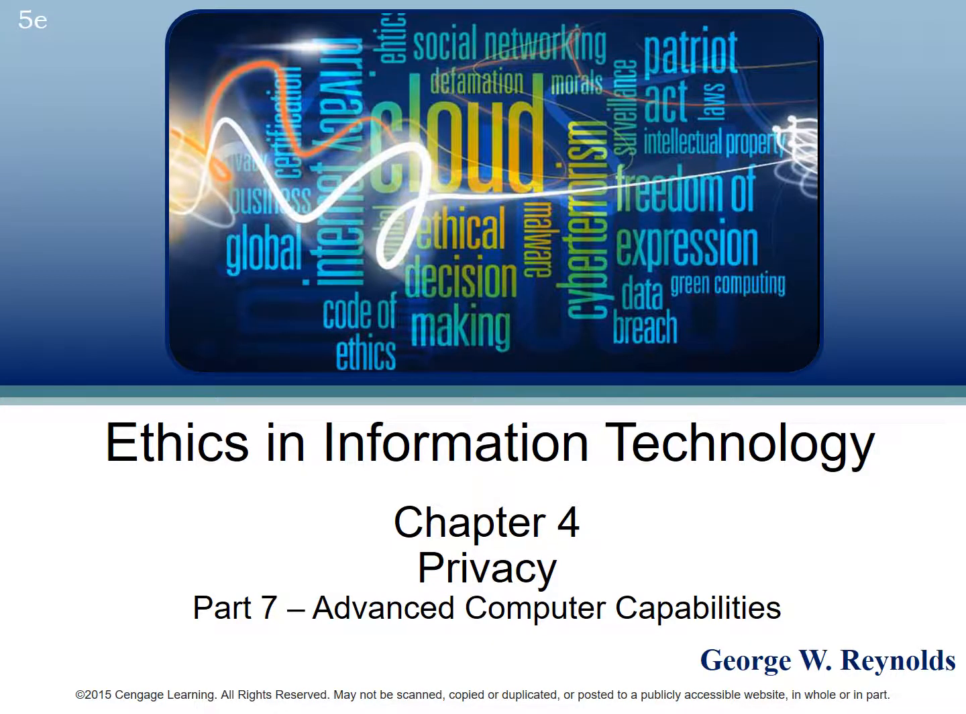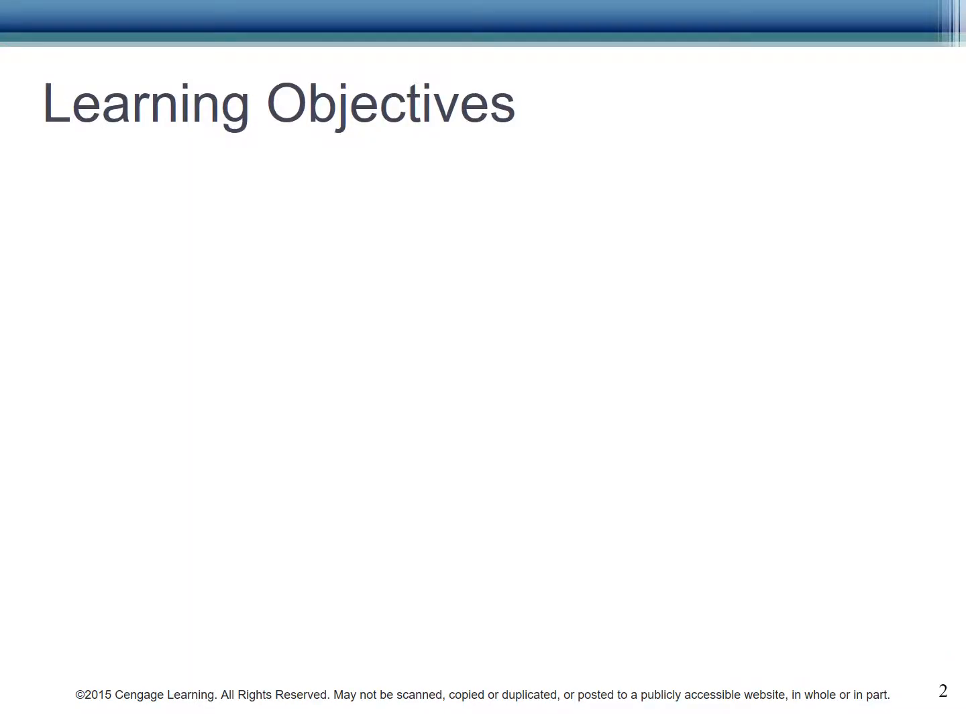We continue Chapter 4, Privacy. This is Part 7 of 7, Advanced Computer Capabilities. The learning outcomes include: